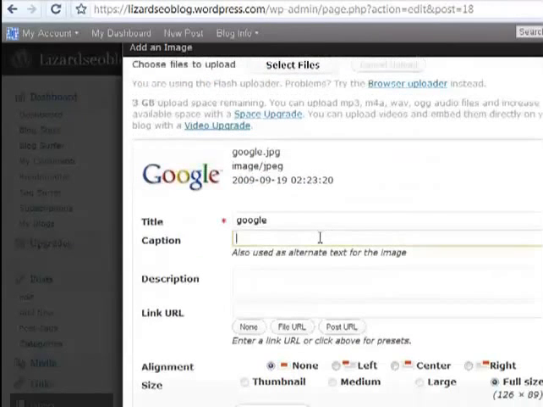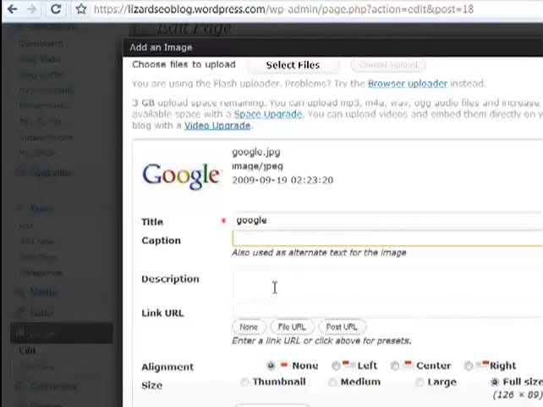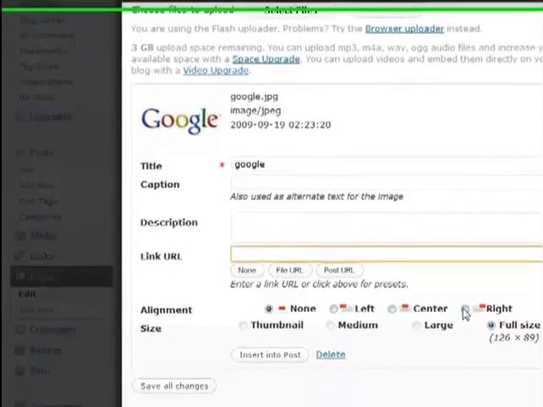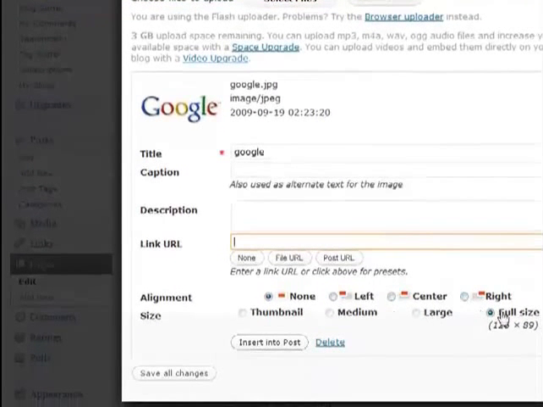Now from here you can add a caption if you'd like to the image, which is a nice idea if you'd like to do some additional SEO preparation. Description, you can add a description of the image. You can actually add a link right here if you want that image to be a clickable image where it takes somebody to another link. And you can also align it here. You can also resize with thumbnails, which is nice. WordPress will actually resize the image for you. We don't want to do any of that here,